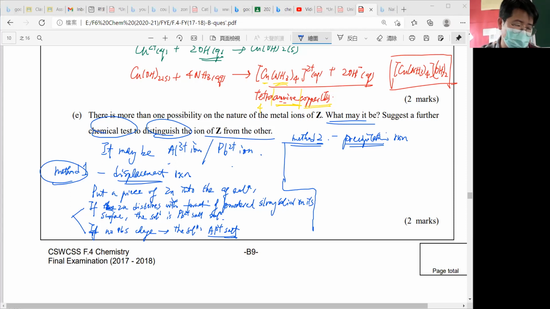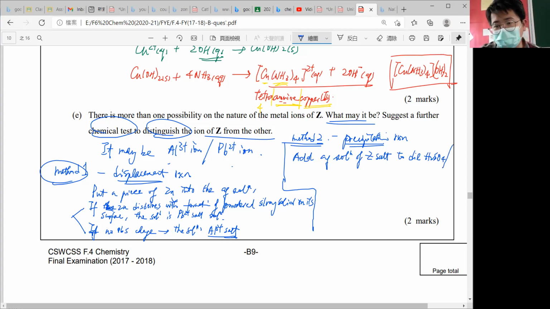It is sulfate. You can use sulfate. Let the aqueous solution of the salts react with dilute sulfuric acid or some other solution just like sodium sulfate or any other sulfate solution. Can you get my point? So we have got two cases with the white precipitate formed. That is what? That is